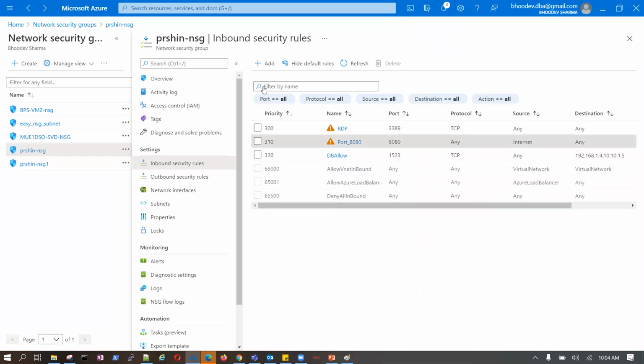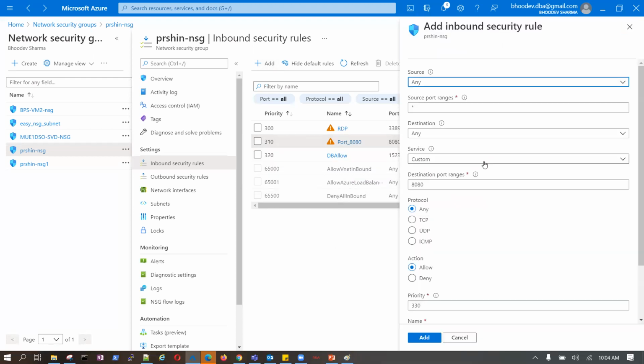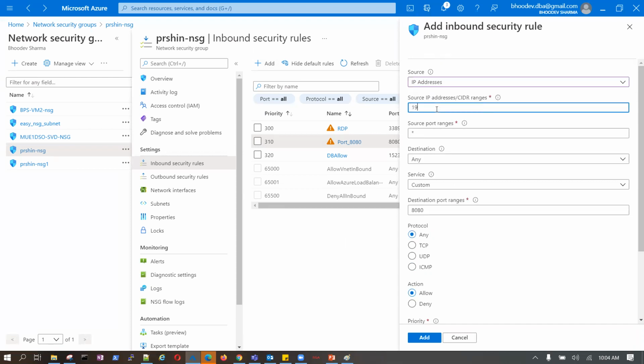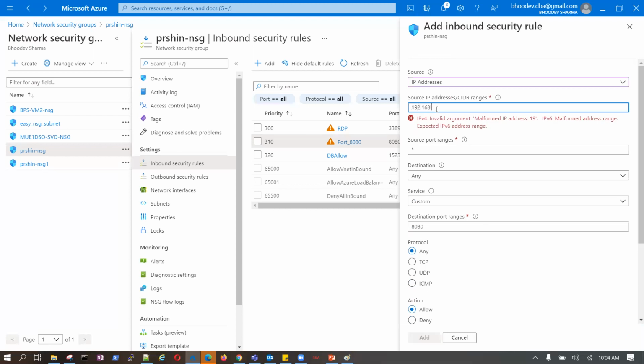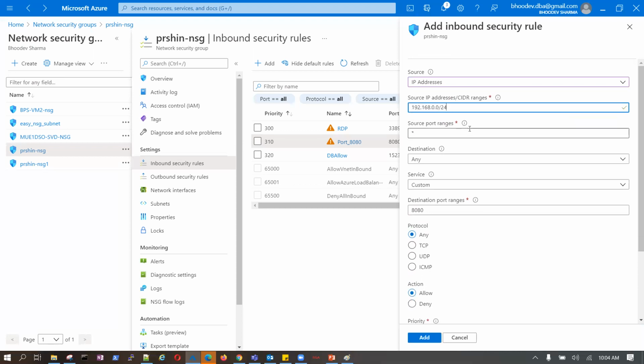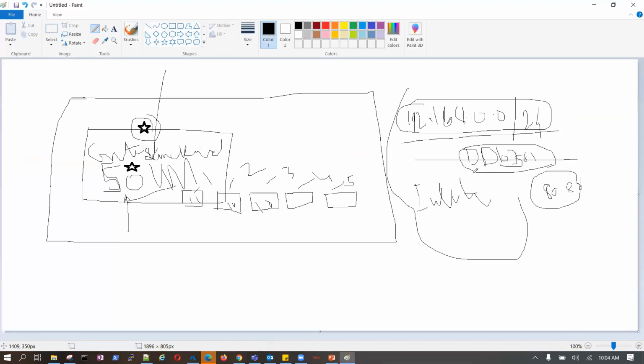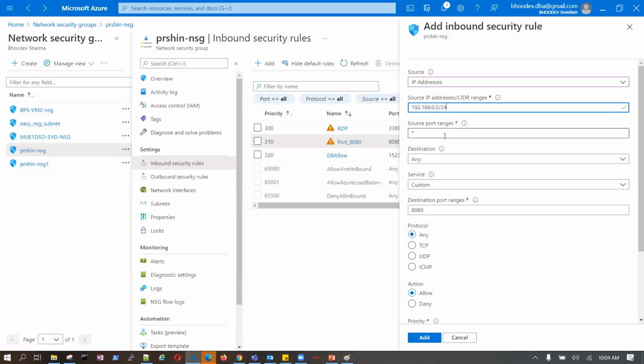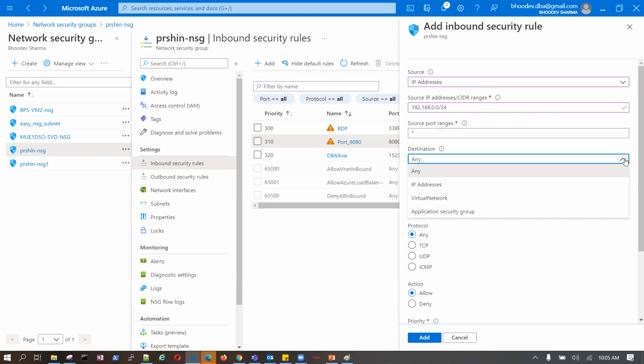What I will do is say add. Source coming from this, right? This is my source. Source port could be anything. Then what is the destination?